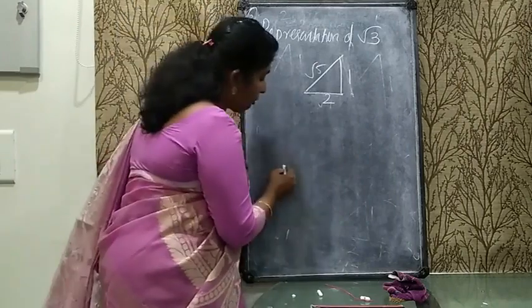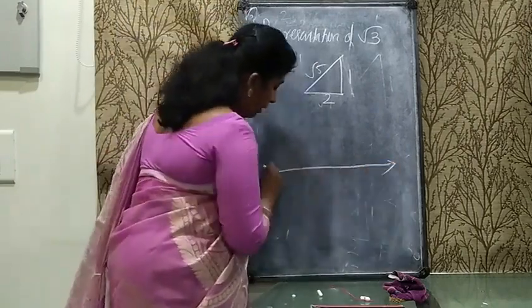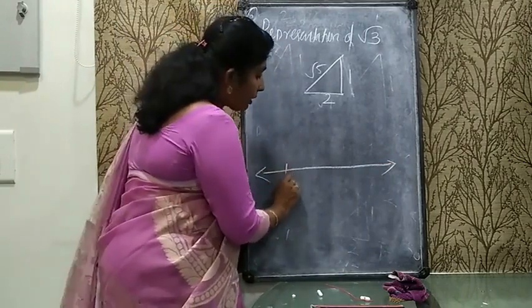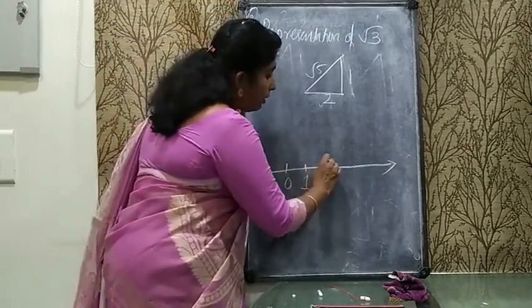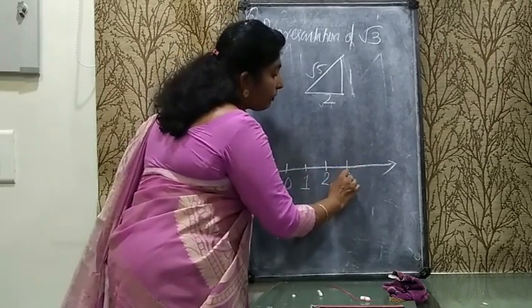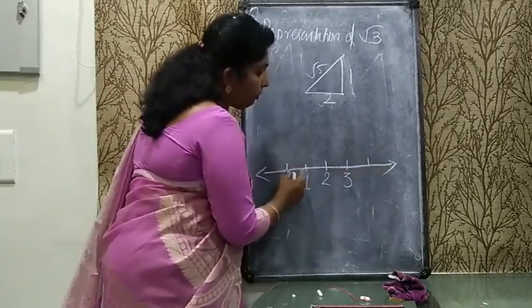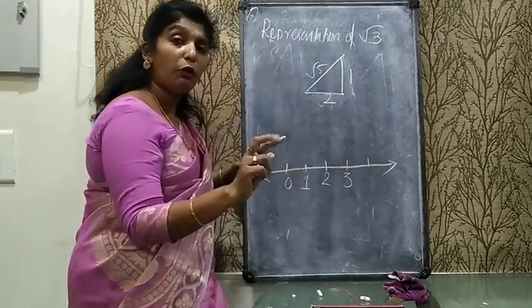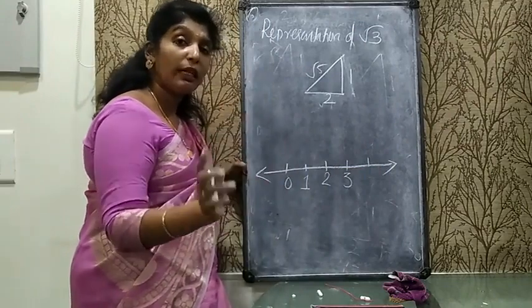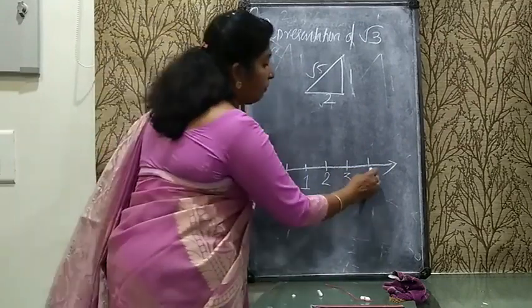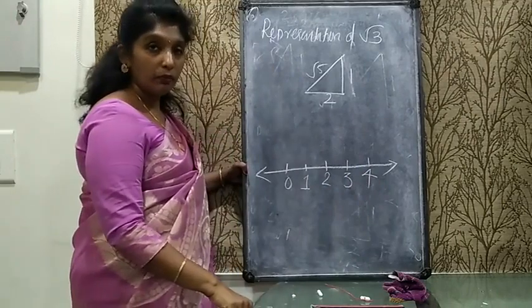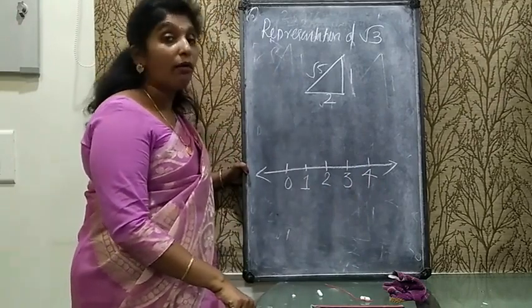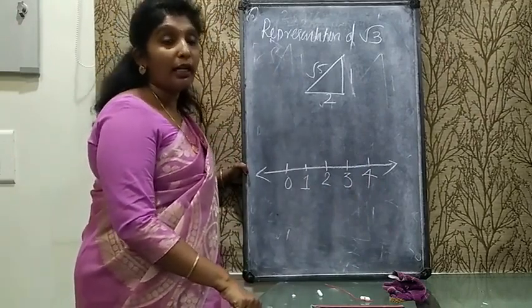How? First of all, you have to draw a number line. Mark the points. Leave equidistance, okay? 1 unit. 1 unit means you can take according to you. 1 unit can be 1 centimeter, 2 centimeter, according to you. So here I am going to draw root 5 on a number line, direct method.